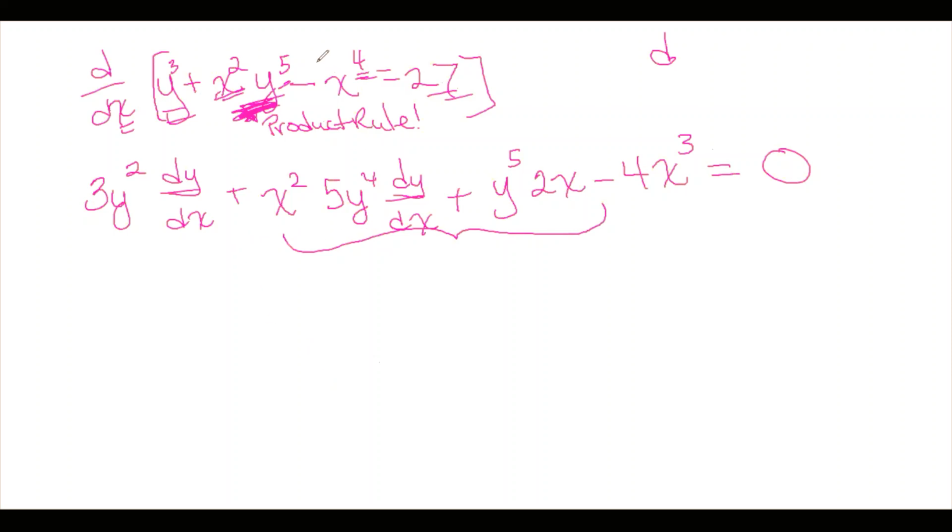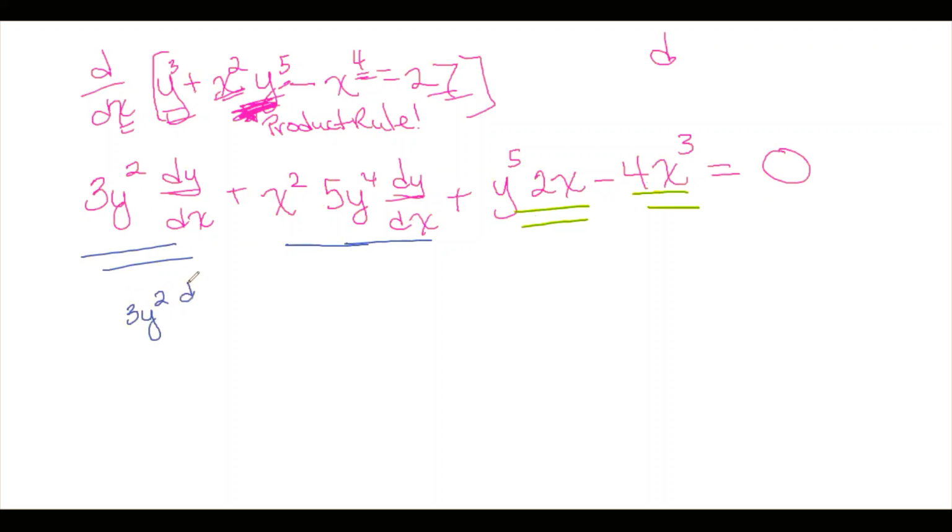Now I'm going to put all my dy/dx terms on one side, so this and this stay on one side, and then these go to the other side. So let's just do that in one quick step. I'll have 3y squared dy/dx plus 5x squared y to the fourth, I'm just making it look prettier, that's this, dy/dx